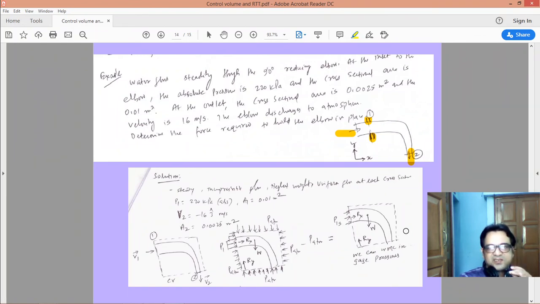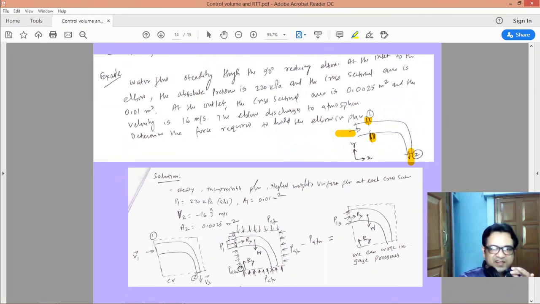task is to draw a suitable control volume for this case, because in this case we are finding the gross flow quantities like mass flow rate, momentum, the total force, all these are gross flow behaviors. So then we have to use the control volume formulation, Reynolds transport theorem, integral analysis. So the whole elbow is the control volume. Flow enters at V1, flow leaves at V2.